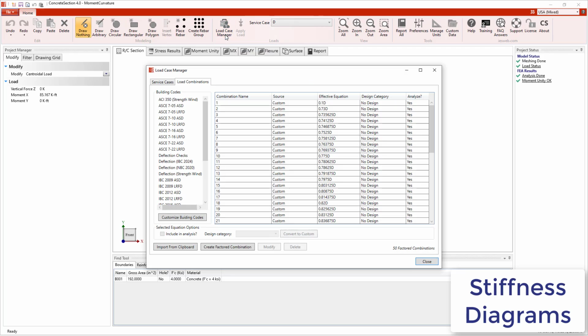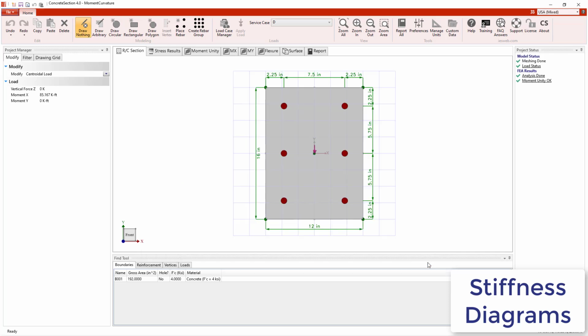Looking into the load case manager, you'll see 50 load combinations. These combinations scale the moment from 10% to 100% in non-uniform steps, tailored to provide better resolution in nonlinear regions so that the resulting plots are more informative. With this set up, the program can compute curvature and tangent stiffness values as the applied moment increases through these